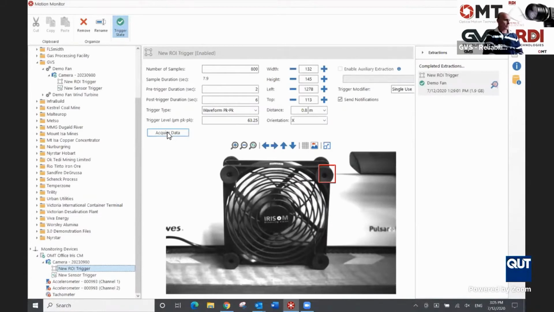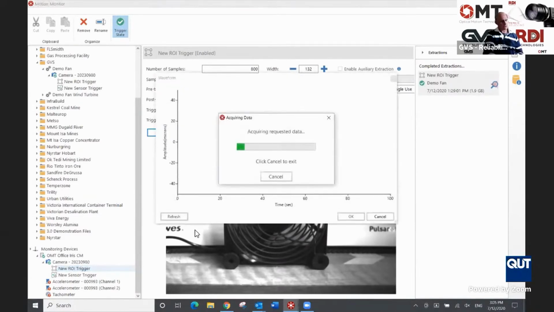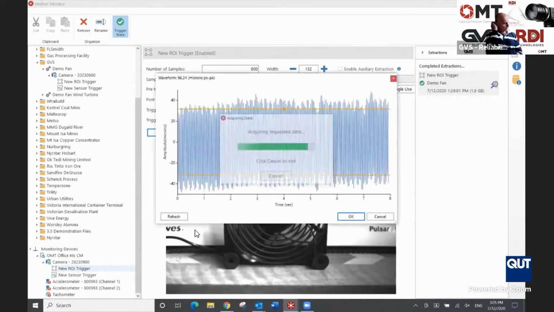So I'm just going to acquire some data in this live mode. That's acquiring from the region of interest we have drawn on the video footage, extracting a time waveform, and we've got these